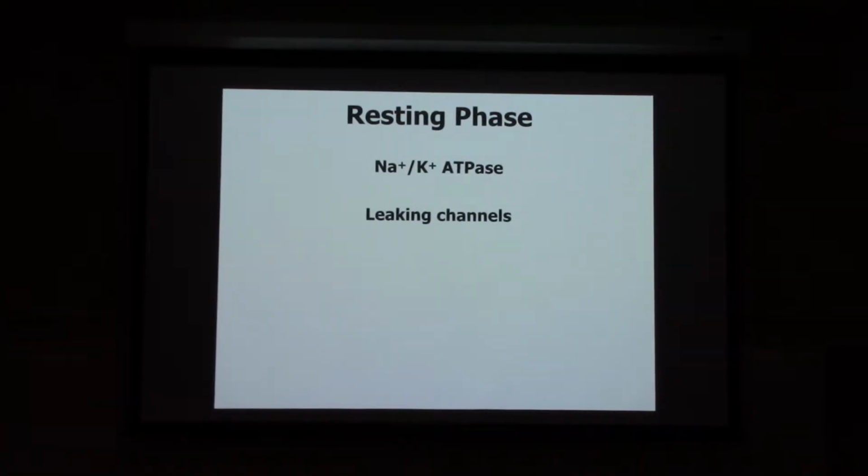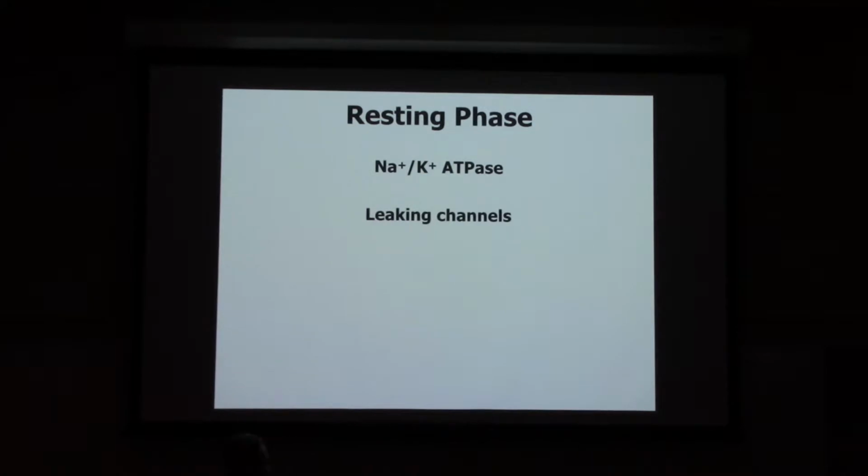How did it get negative on the inside? It's due to that sodium-potassium pump along with a little bit of leaking channels. So remember what the sodium-potassium pumps do. They pump sodium out and potassium in at a very specific ratio. Remember, 3 to 2: 3 sodiums go out for 2 potassiums that come in, and it costs 1 ATP molecule for that one cycle. So every time the pump cycles, you have a net change of +1 charge out. You keep that up and you make the outside more and more positive, or you could look at it as the inside becoming more and more negative. That's how you get that negative membrane potential.